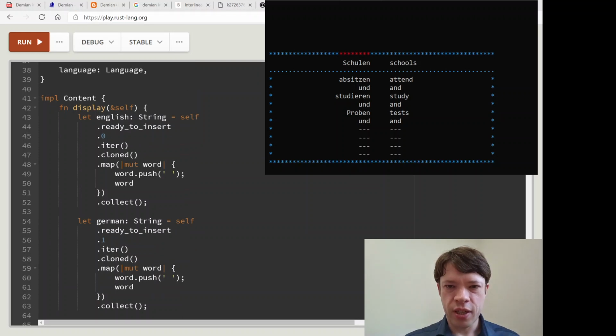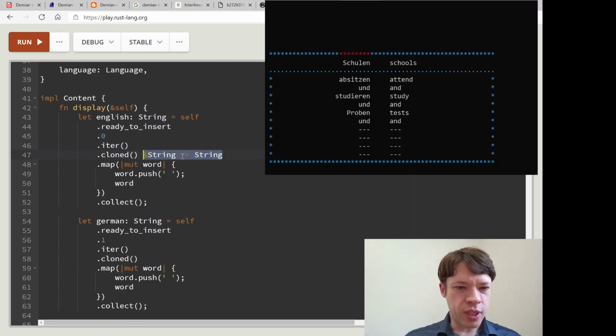So this Schulen here on the left and schools on the right. So it'll take this ready-to-insert part, which is the word that we have at the top here. .0 is for German.